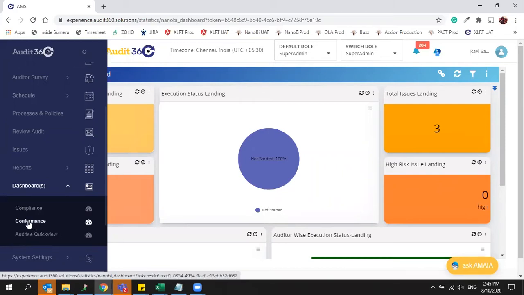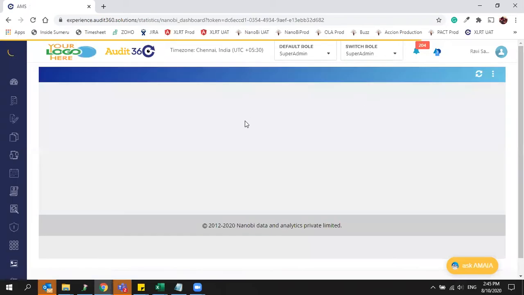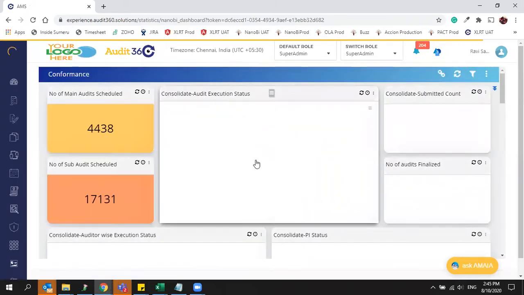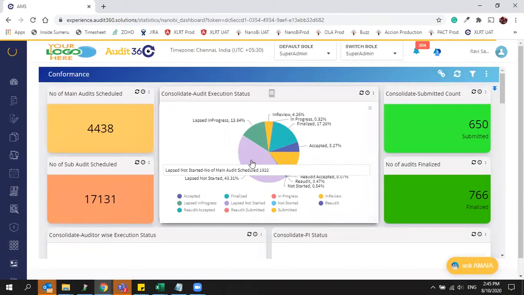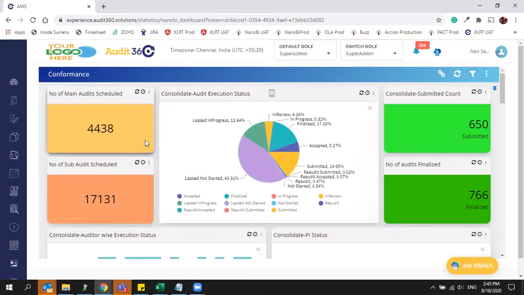First I'll go with the default dashboards you got today, conformance and compliance. I'll start with the conformance dashboard. The conformance dashboard is where you will get the status of the scheduled activity related data in conformance.